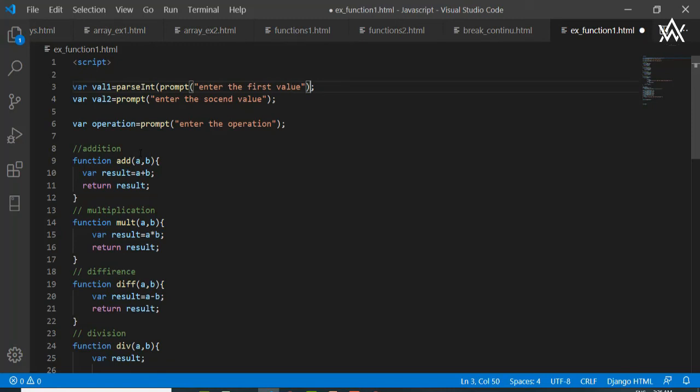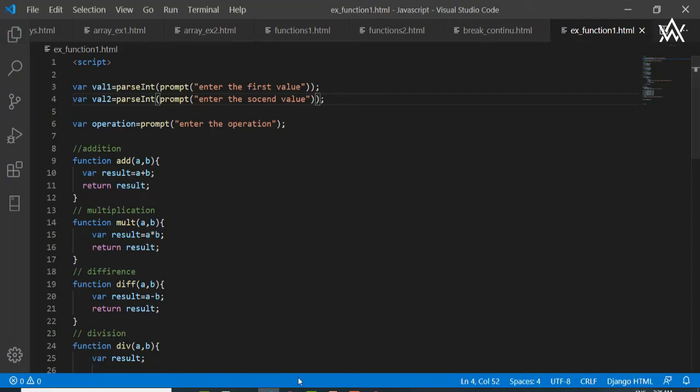We will talk a lot about the built-in functions. Don't worry about this function parseInt. Also, we will see the built-in function to see the type of a variable. If you are not sure what the type of a variable is, you can just give the variable and it will say if it's a string or